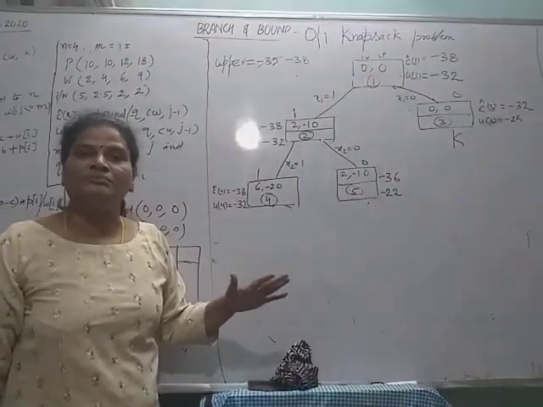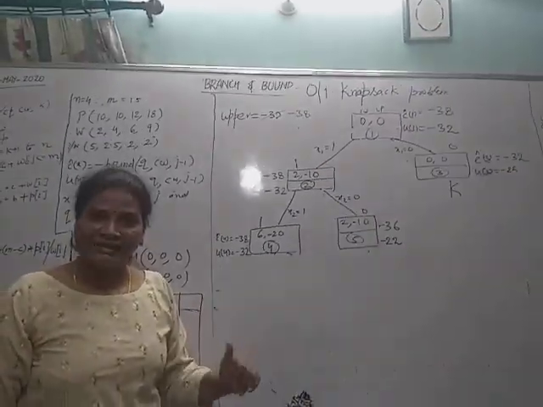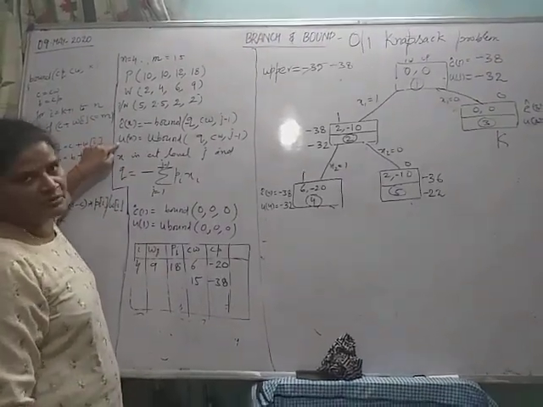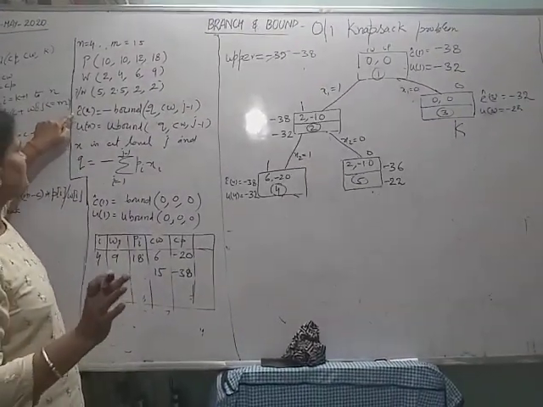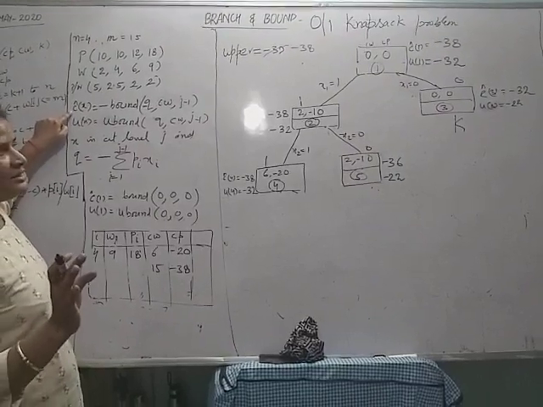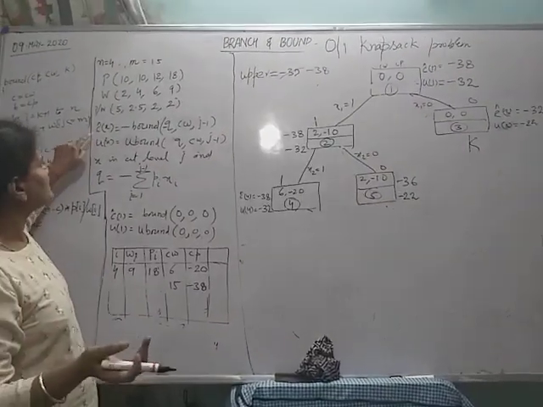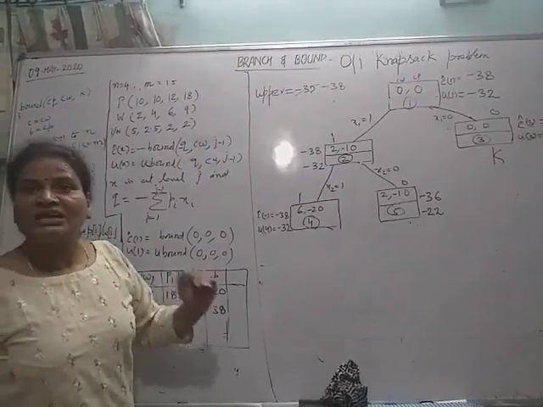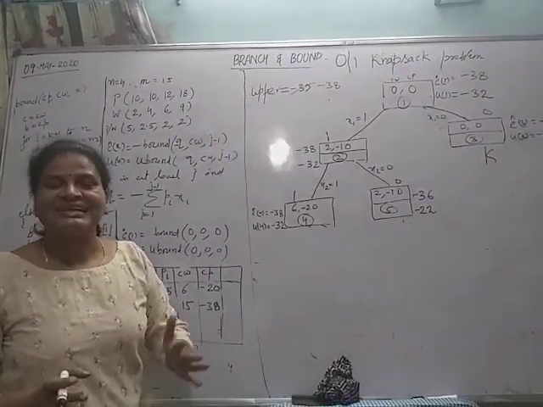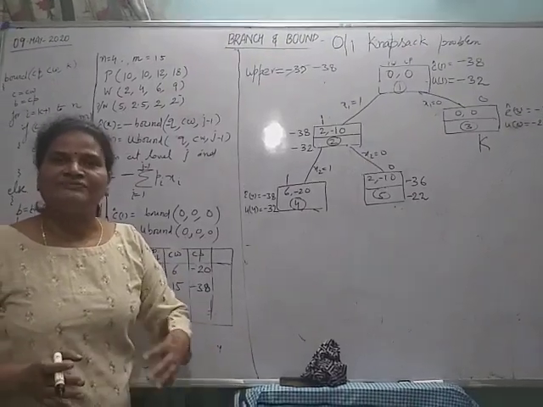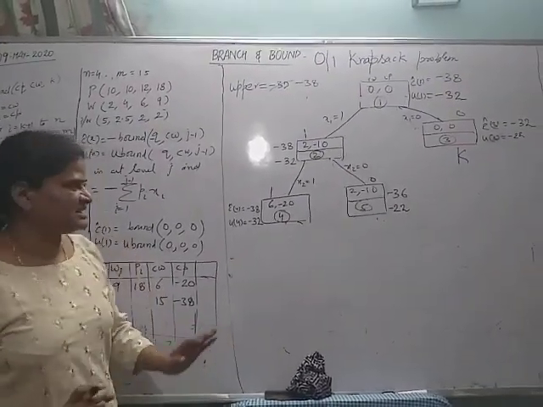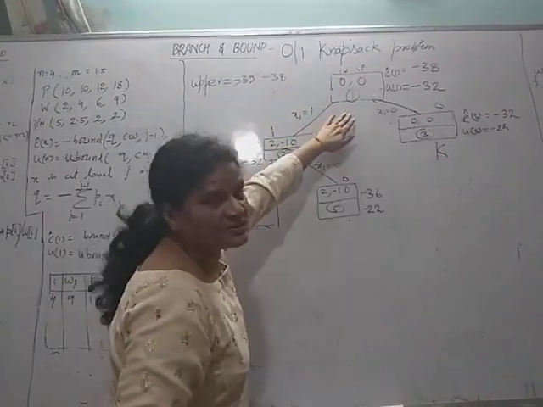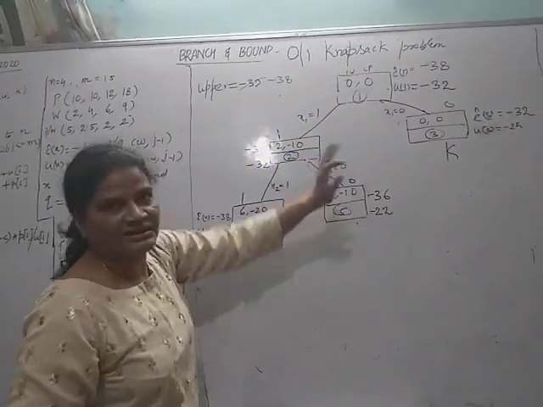In all the three mechanisms, for every live node you have to compute these two functions, lower bound and upper bound. Here I am not considering the next node according to the cost, but the lower bound and upper bound are used to kill the node. The next E node will be selected on a first in first out basis. The first node I have computed, and the second and third will be generated.